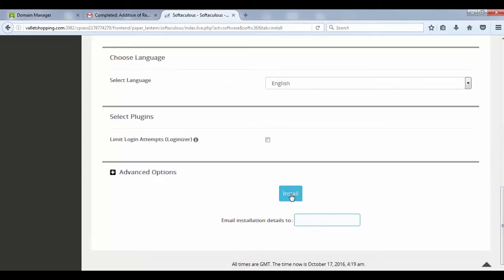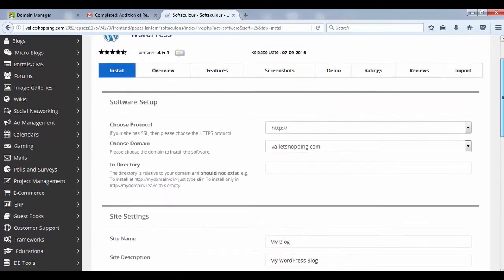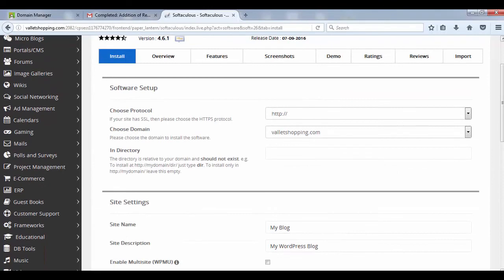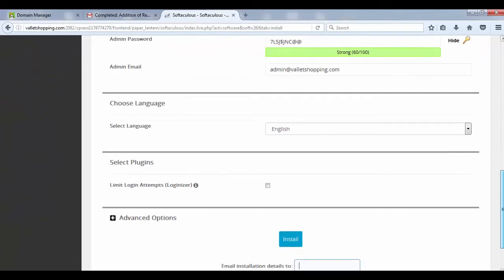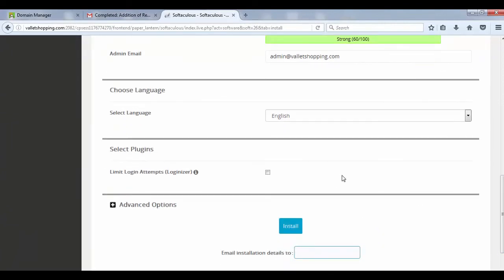And I'll click on install. I won't be clicking it because on my website WordPress has already been installed. So you just need to click on install and your WordPress would be installed.